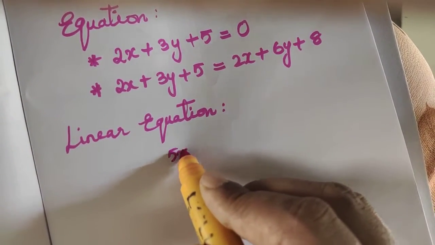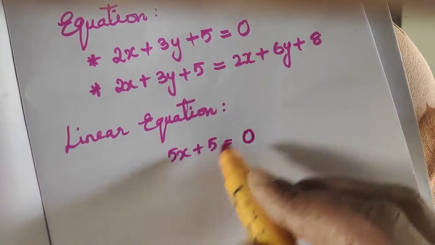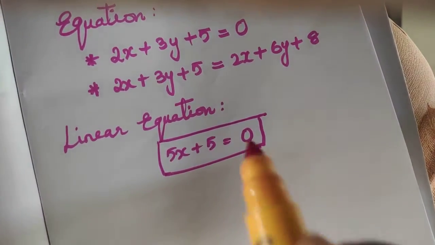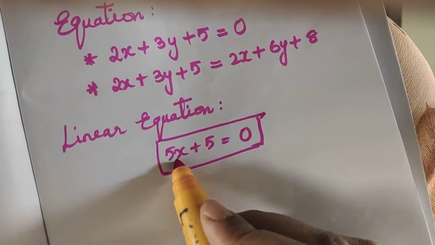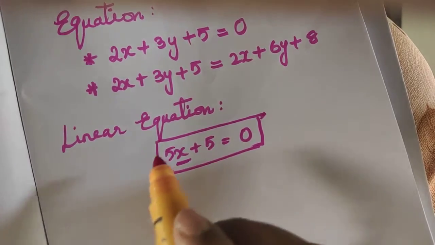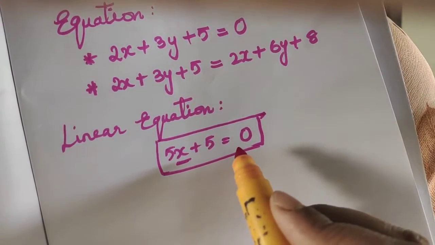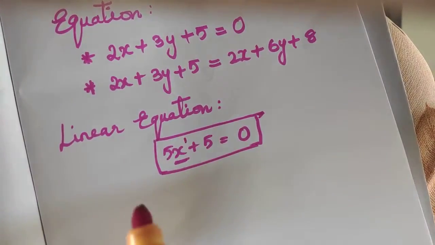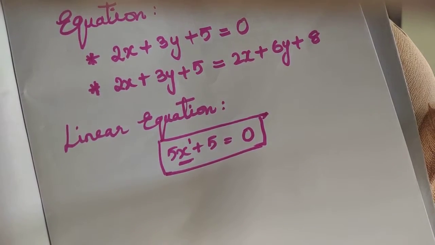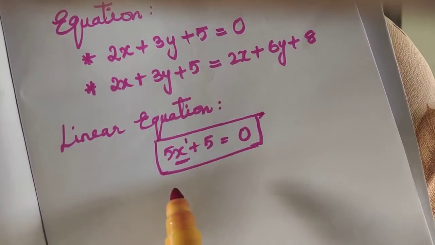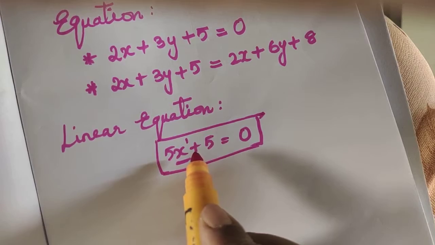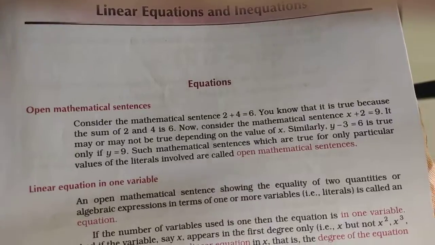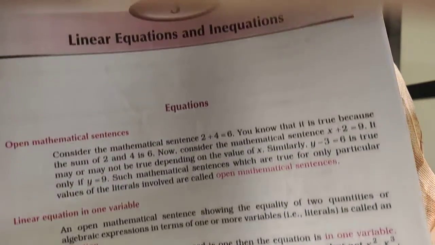For example, I am taking this equation equal to 0. This is a linear equation. How I am saying this is a linear equation is, here I have got only one variable which is x. And the highest power of this equation is only 1. The power of this particular variable is 1, and more than that I have no other powers. So like this type of equations if I get, then that is considered to be a linear equation. I'll tell you this with the definition.